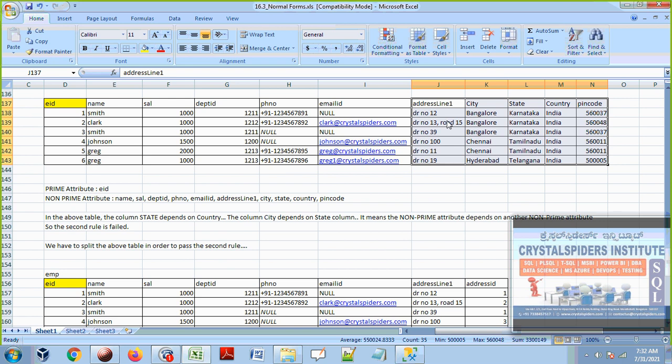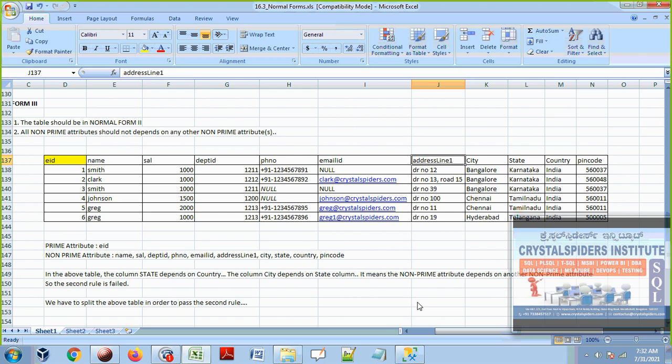So these non-prime attributes depend on each other. State depends on country, and city and pin code depend on state, and pin code depends on state also, city also, and address line depends on all these columns. See, so some of these non-prime attributes depend on other non-prime attributes.